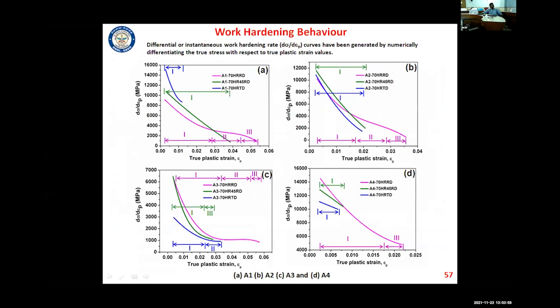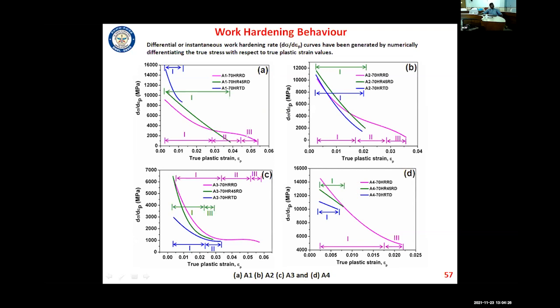Yeah. And also this work hardening behavior, I have shown here. So these are the curves. This work hardening rate, which is the d sigma d epsilon curves, has been generated by numerically differentiating the true stress with respect to the true plastic strain values. You can see in the RD direction, suppose this is stage 1, stage 2 and stage 3. So like that I have identified that stage 1 is associated with the elastoplastic transition, and stage 2 is